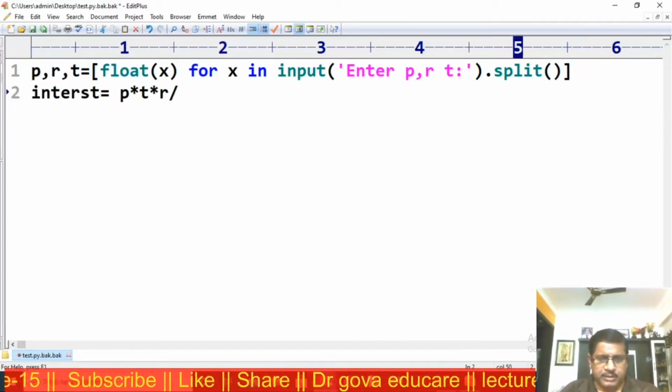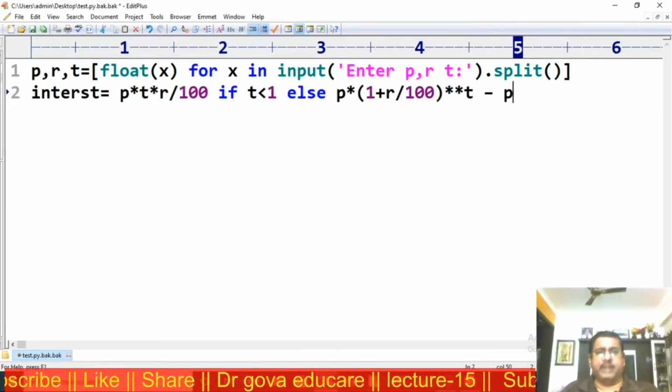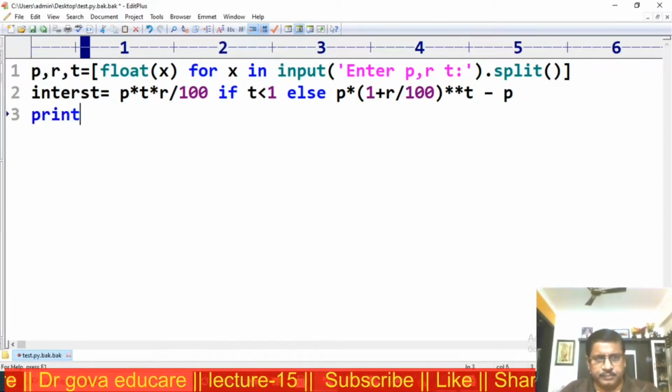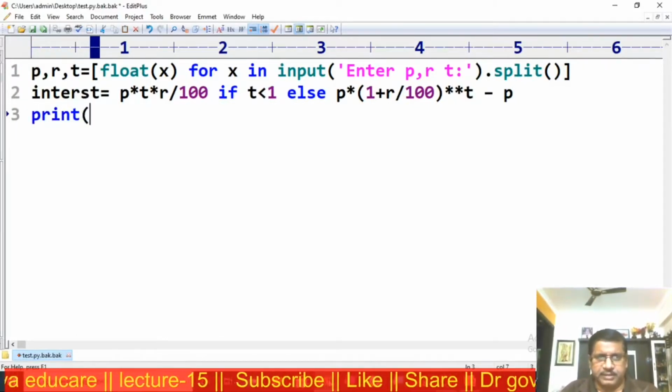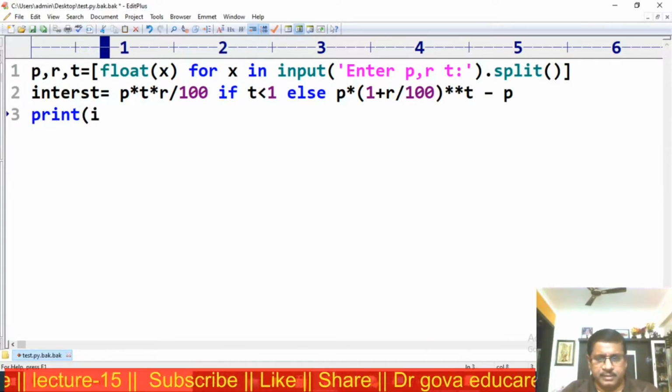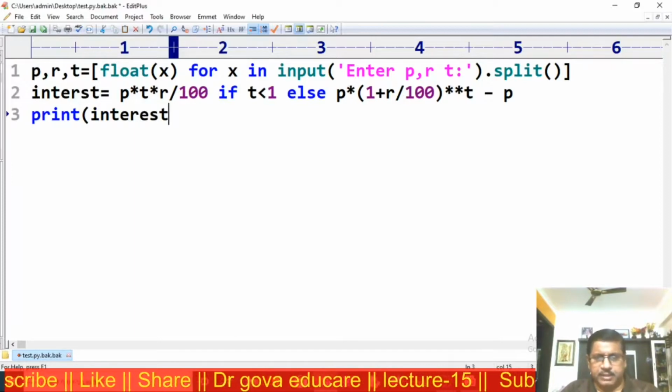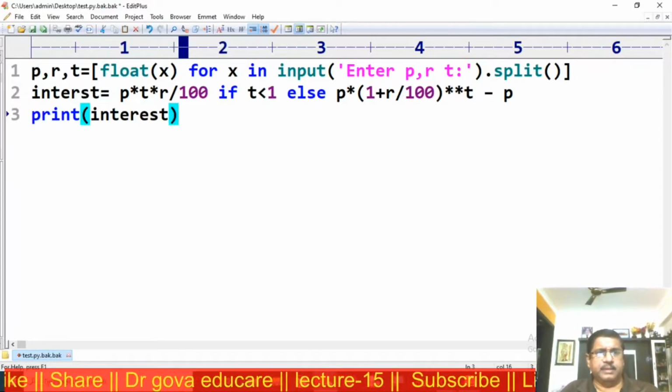Now this is the interest calculation formula, and print interest.